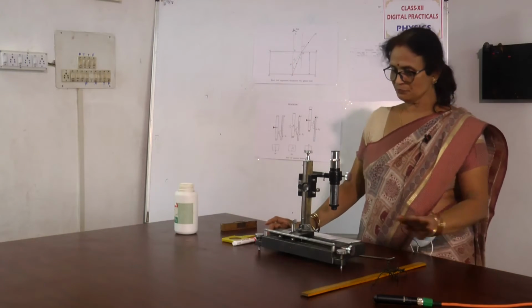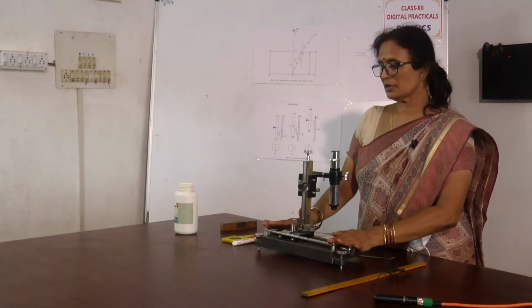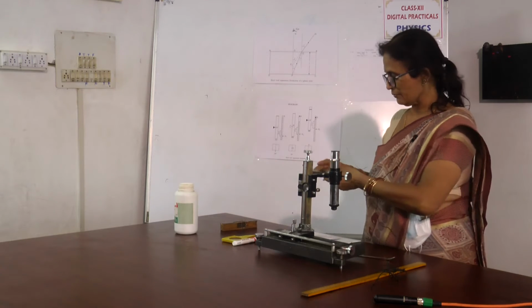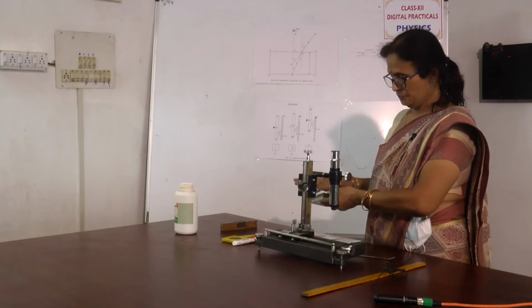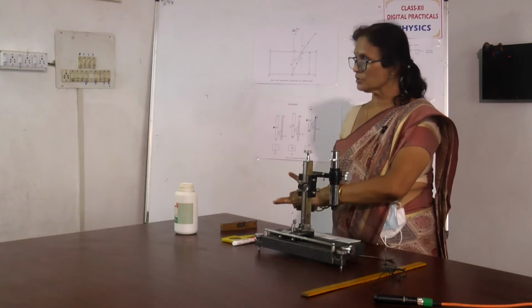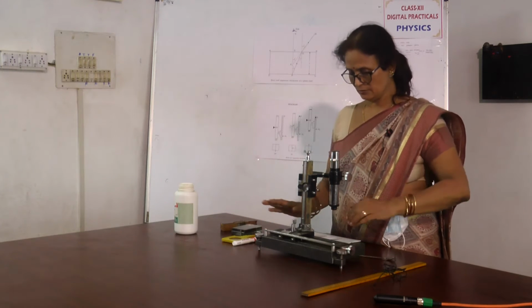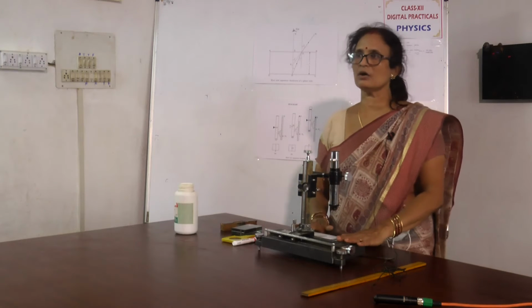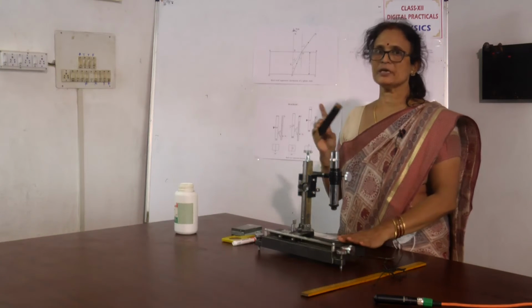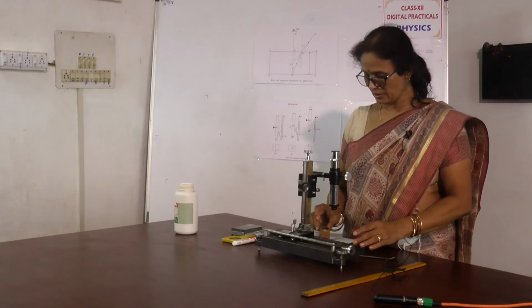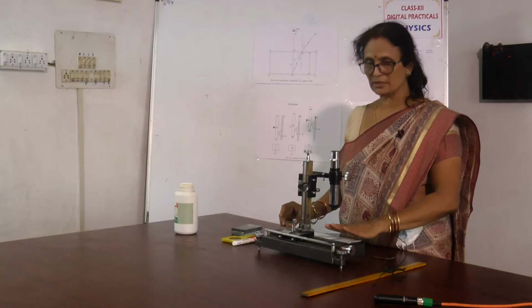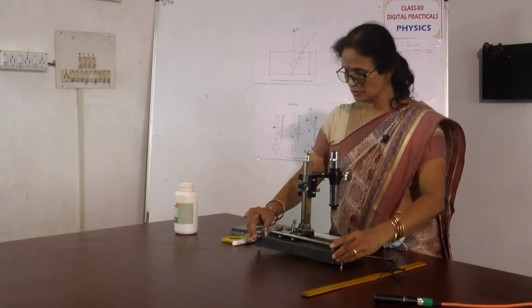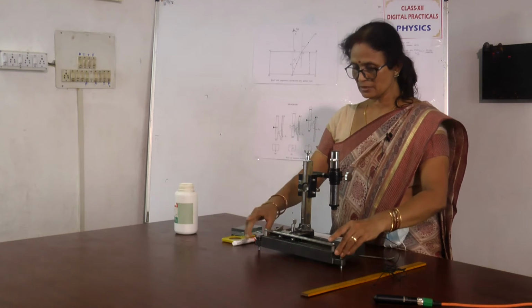Let me start now. We are going to use a travelling microscope to find the refractive index of the material of the glass. First of all, to start with, we will check whether the base of this travelling microscope is horizontal using a spirit level. You will keep the spirit level here and there on the base, and you will check this microscope is horizontal. If not, you have to adjust these screws at the base to make the